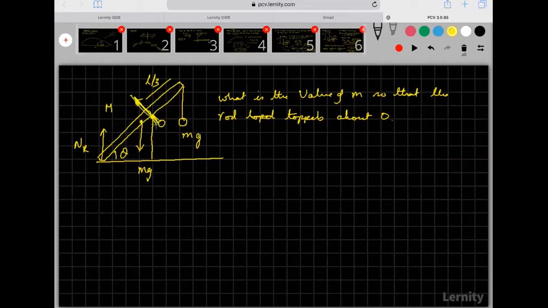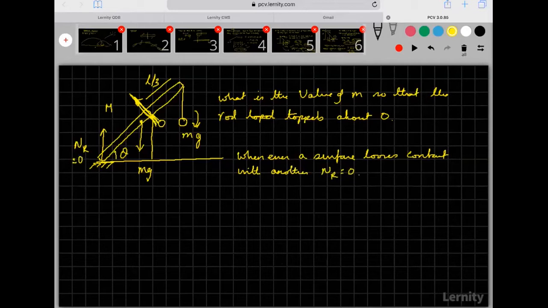So if this is going to be the axis or the fulcrum, I don't have to bother about that force. Then I'm talking about that force so that it starts moving this way. So the normal reaction, it is just when it is about to lose contact with the surface. So remember, whenever a surface loses contact with another, the normal reaction is equal to 0. That is the theory. Okay, so here this normal reaction will become equal to 0.